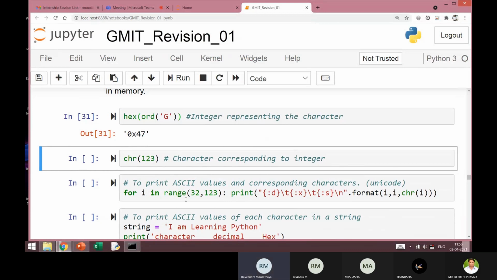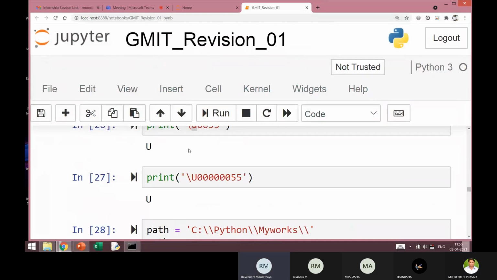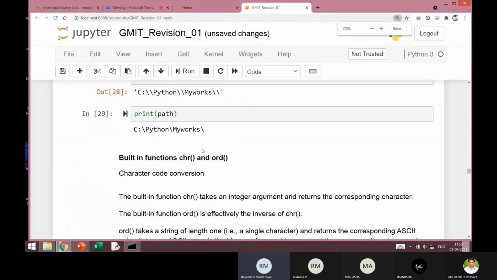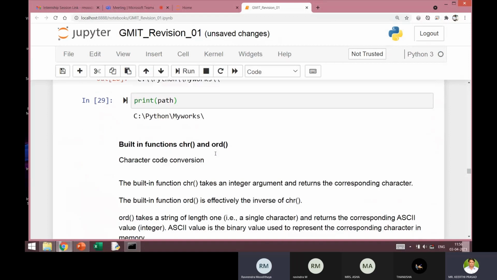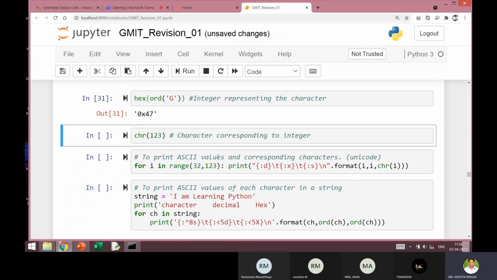I hope these characters are visible. Should I increase the size slightly? But that will eat up the screen. Sir, I think it is visible. This is visible, right?